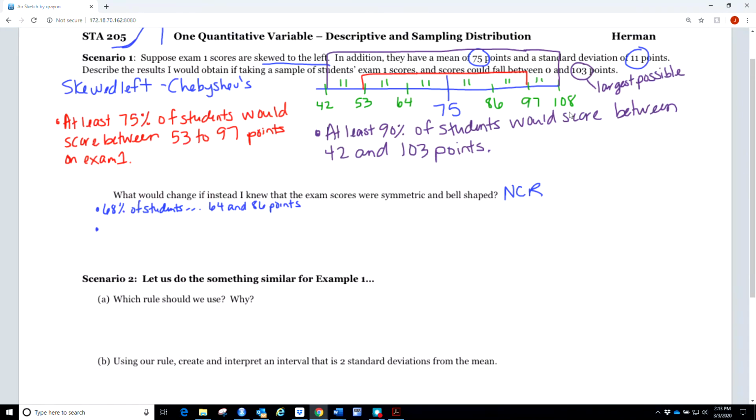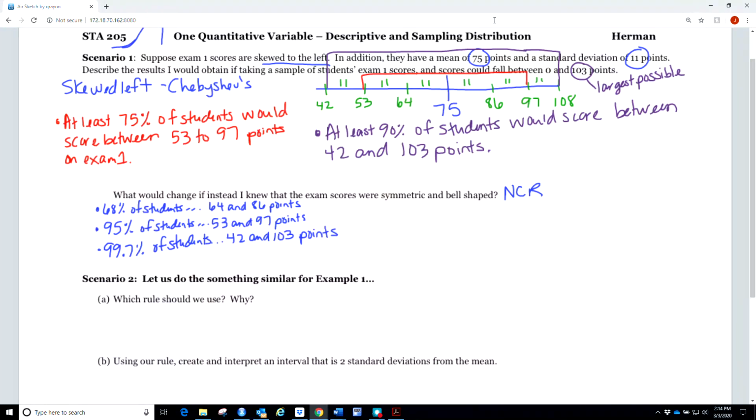Because one standard deviation out is useful for the normal curve rule, I would get that 95% of students would score between 2 standard deviations out, so the 53 and the 97. And finally, for my 3rd standard deviation out, we would get that 99.7% of students. And I would still use my 42 and the 103 that we discussed above for the same